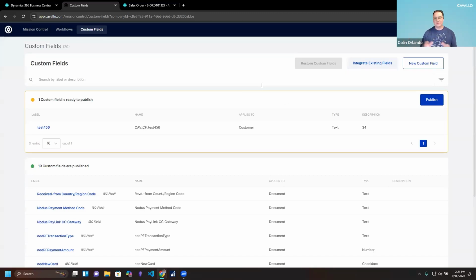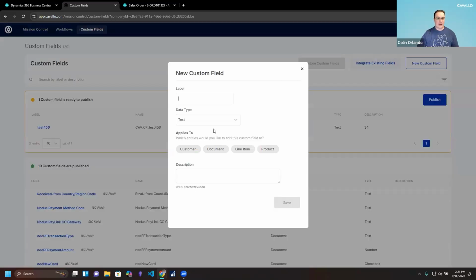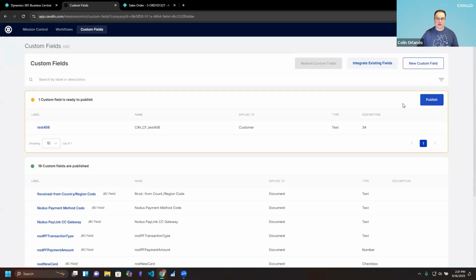But with our product, we have two kinds of variations of custom fields here. We have the capability to create a new custom field. So any specific field that you'd like, based on any of these supported data types, apply them to a specific business object, and when you're ready to publish, click the button, and essentially it takes all of your plain English and turns it into AL code, installs the extension for you in Business Central and in our application so that you can leverage them inside the ERP and also as a part of your workflow process. Super important when we're talking about every distributor being different.